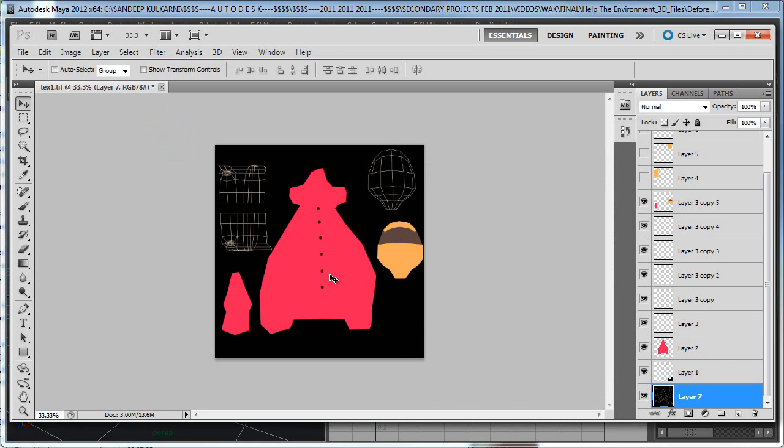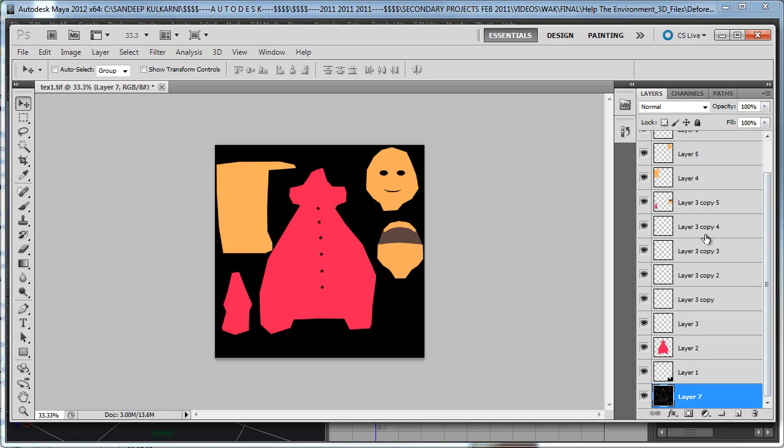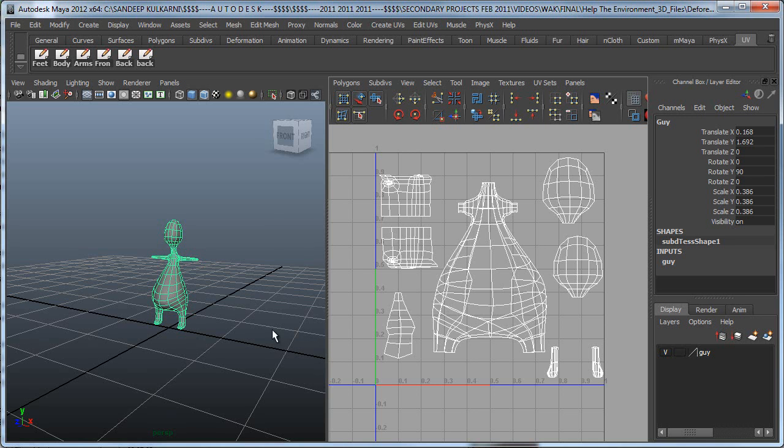And then here's the back of the body over there, that back piece, and then the back of the head with some hair. And here's the arms, and then this is finally the head again. And then here's one of the eyes, and I just had the eye and the little smile over there on that one layer. And I normally would rename everything, so please rename all the layers. So after this, I simply save this as a file, texture1.tiff,